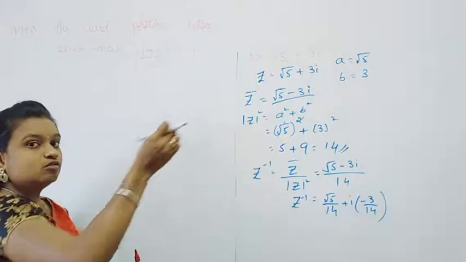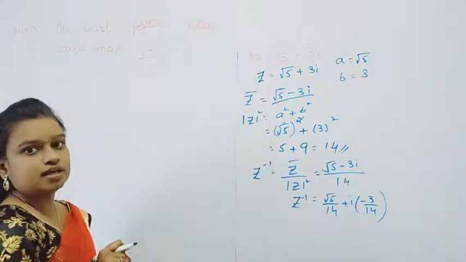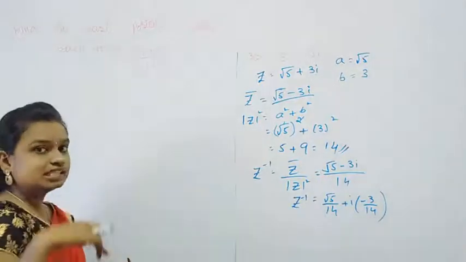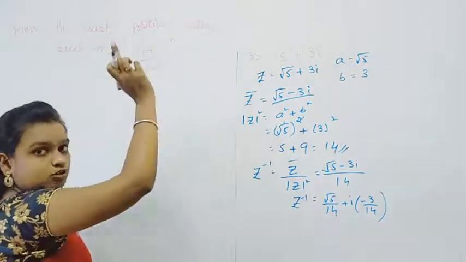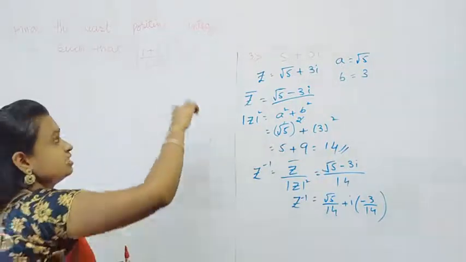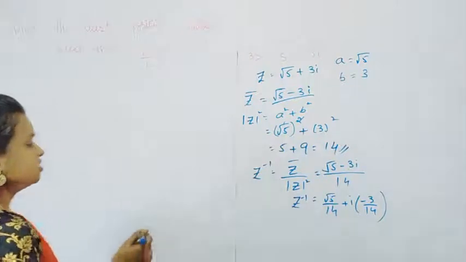So here, which least positive integer should we put so that we get the answer as 1? We have to find the value of n, the least positive integer, for which this becomes 1. Okay, so for that